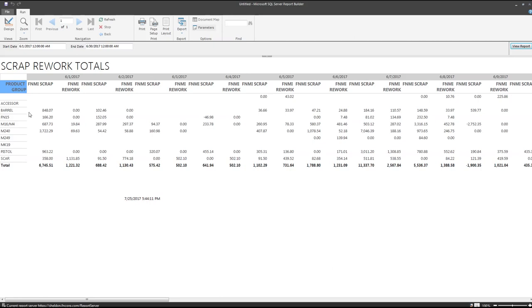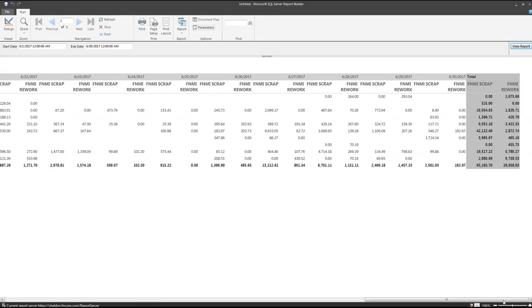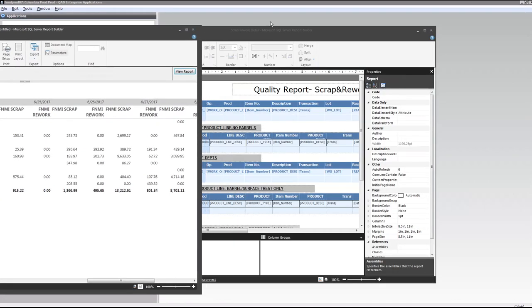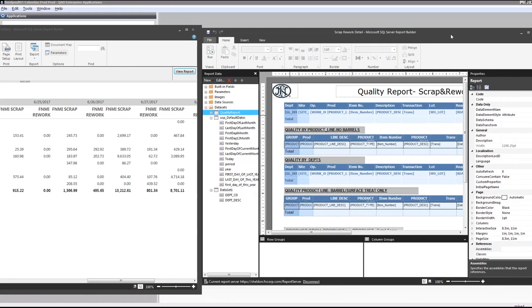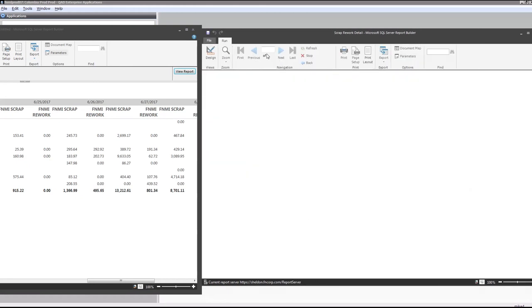We don't know the detail behind this, right? That's one of the things that we lose whenever we create a report like this. But we can check back in on our data. That's fairly simple to do. So using our detail report, we come back in, we say, all right, across the month, what should I see for FNMI scrap as a total? And can very quickly assess whether or not that's correct by running both reports side by side and saying, okay,